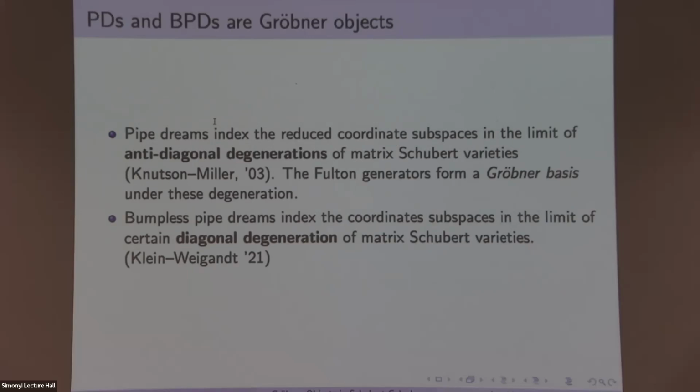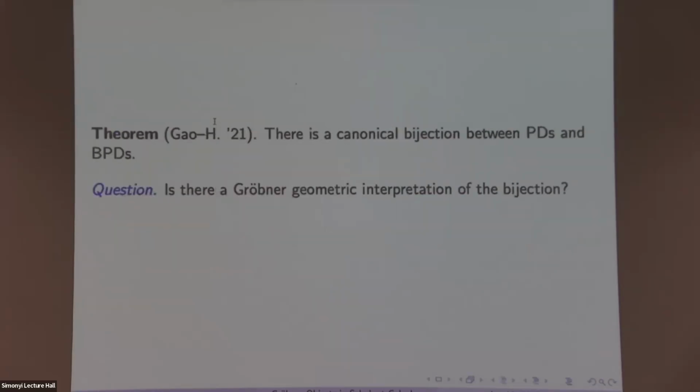So similarly, bumpless pipe dreams can be interpreted as coming from a different type of degeneration of matrix Schubert variety. So here, the terminology is the diagonal degeneration, and this is work done by Patricia Klein and Anna Weigand. Patricia Klein is here. Okay, so in my work with Ivo Gal, we show that there is a canonical bijection